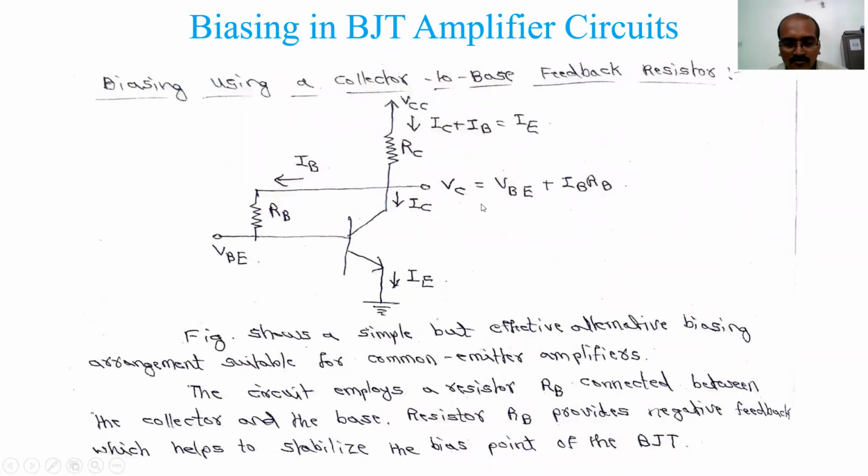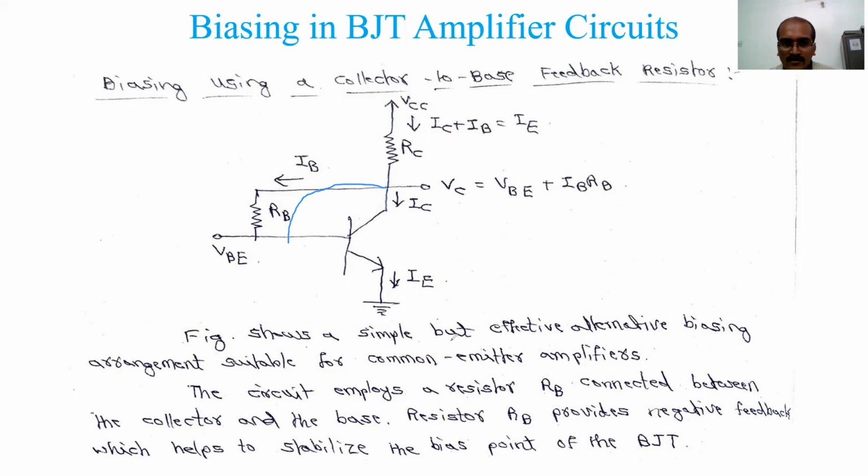So this is the second biasing circuit, which is effective, called the collector to base feedback resistor. How is this circuit? The emitter side resistor is not there, unlike the previous one. RC is there like previously, but now from this collector to base we have given a feedback. Base to collector with emitter common is the common emitter configuration. Now from collector to base, meaning output to input, we have given a feedback resistor. Earlier the feedback resistor was given at RE; now it is given here, RB.